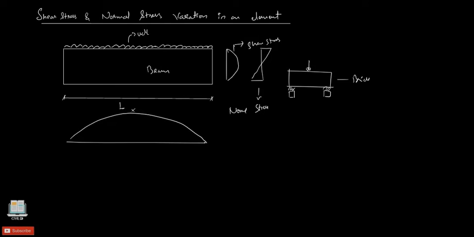See, whenever we apply a certain force, we know that the crack begins from the surface. Have you ever tried breaking a brick? If you break a brick, the cracks develop from the surface. Now assume the cracks have been partially developed. You have not applied the complete force so as to break the brick into two equal halves. You have just applied the pressure here on the brick and the stresses have been developed. You can visualize with the brick that the stresses have developed in such a manner that the brick has not been completely divided into two halves but has crack initiation from the top or from the bottom.